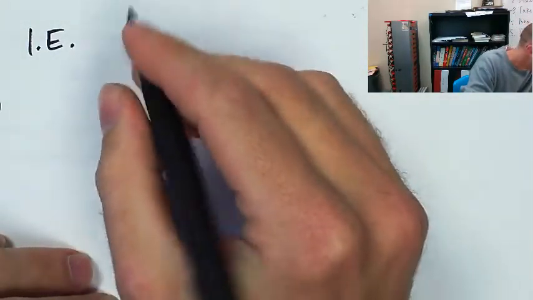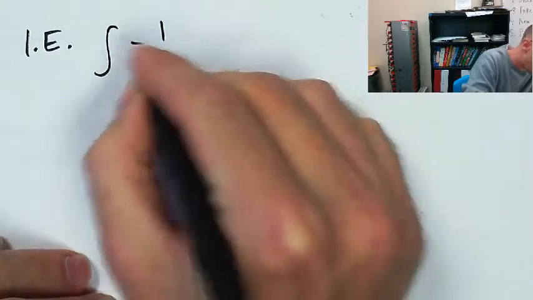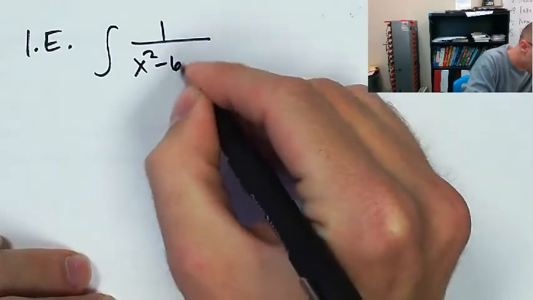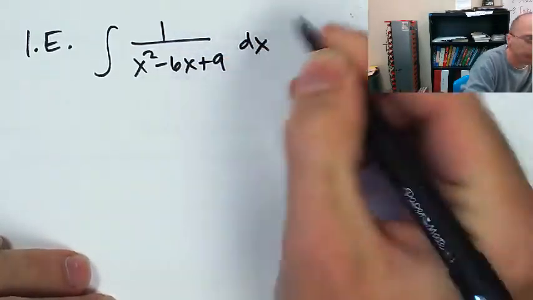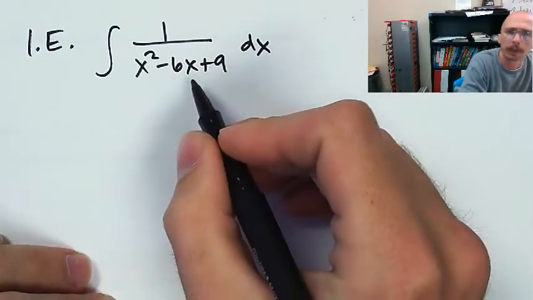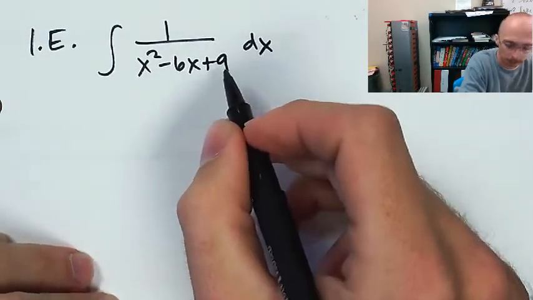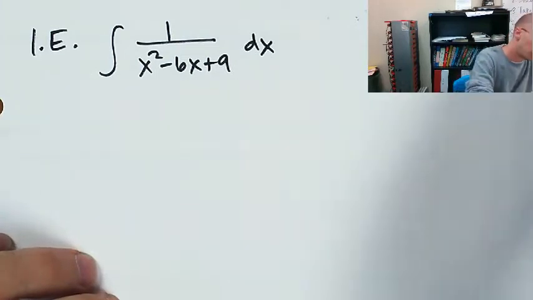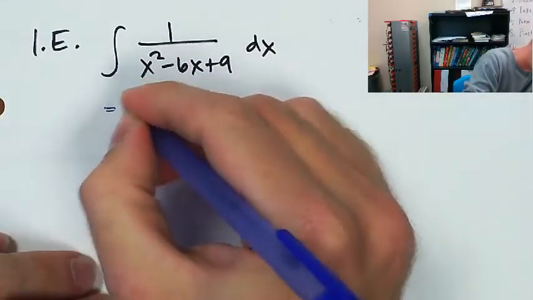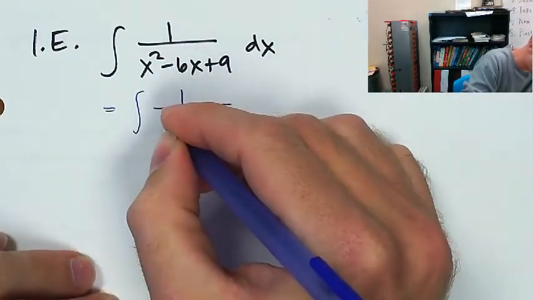So, number 3. Integral of 1 over x squared minus 6x plus 9. Okay, this one, I can factor this. This is going to be x minus 3 and x minus 3. So I'm going to go over here, and I'm going to say, all right, this equals the integral of 1 over,